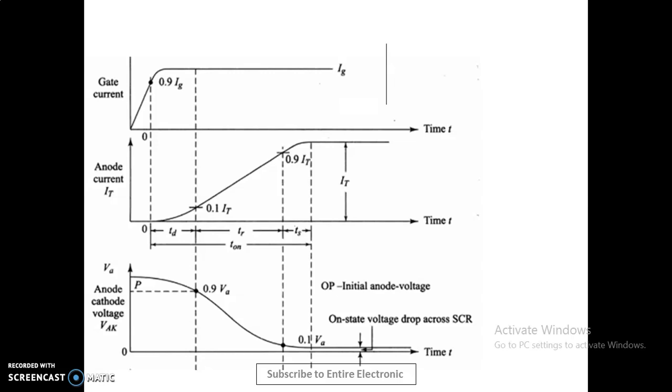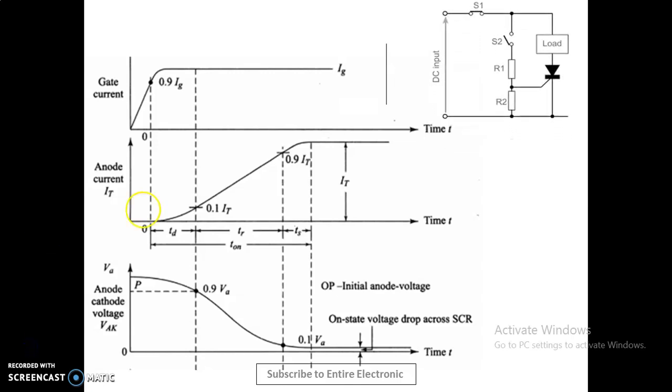Now we know SCR is a 3-terminal device. To turn SCR on, we just have to apply a forward anode to cathode voltage. Here we can see the operational voltage. This is our anode, this is cathode. We have applied anode to cathode voltage, that is VAK. VAK is positive, that is, anode is made positive, cathode is made negative. And by applying a positive gate current pulse at this gate terminal, we can turn SCR on. Here we can see this is our gate current pulse.